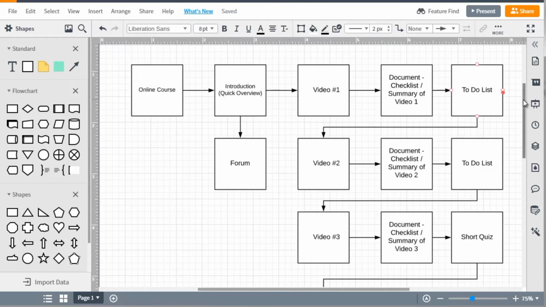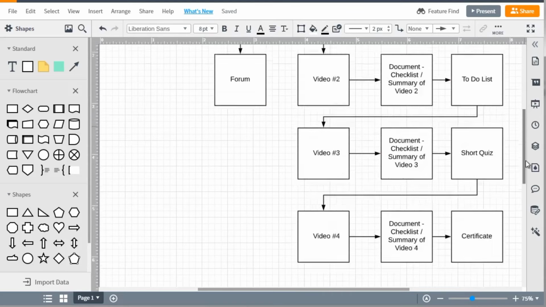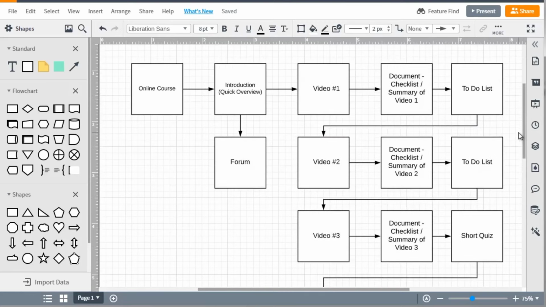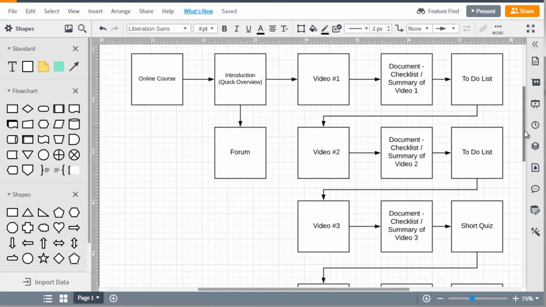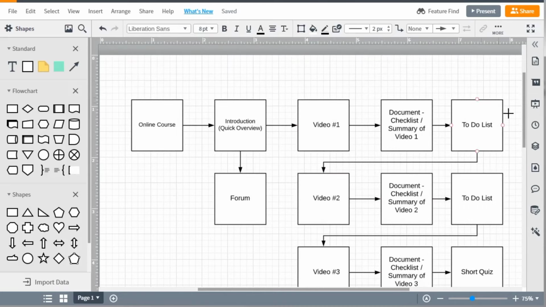You can do anything that you want. Just make sure that it's not too overwhelming, because as you can see, this is video number 4 and we've already got so many different steps. We want to make it fun. We want to make it short and quick, but we don't want to have too many steps. So one thing you could do is you could just have maybe a to-do list and a summary bundled up into one. You could break these up into sections like lessons, and maybe have a summary for the whole lesson instead of each individual video. So those are just some general ideas that you can use.